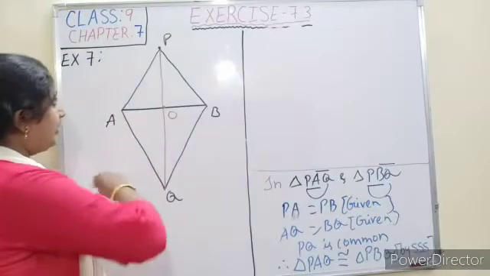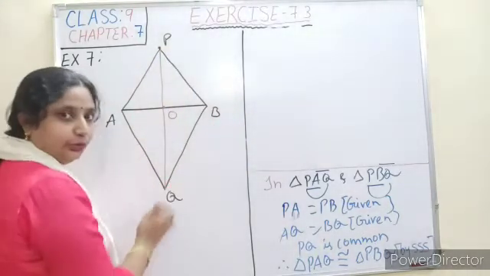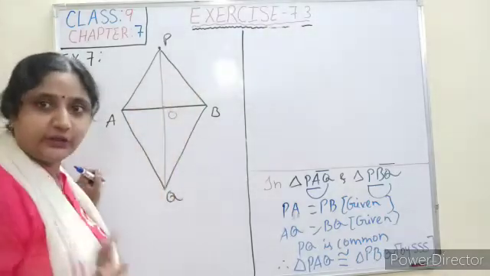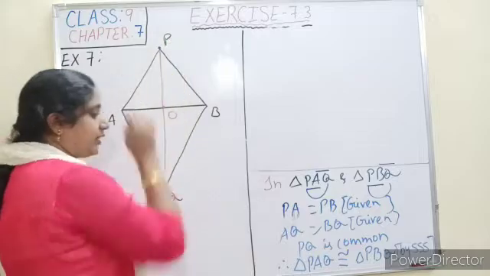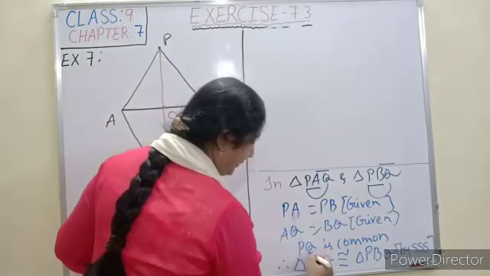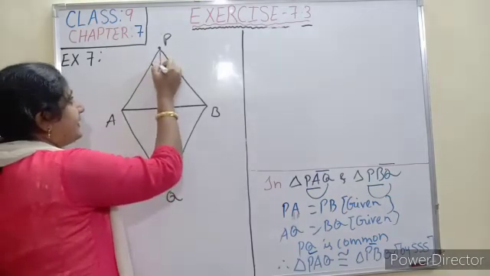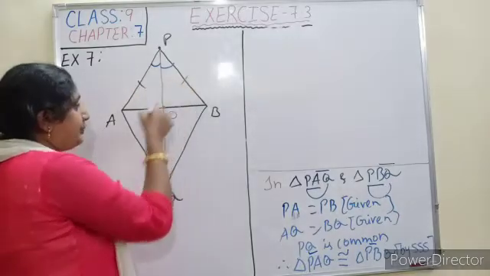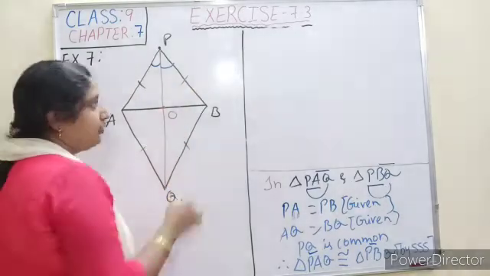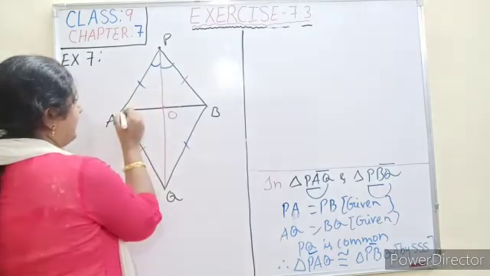Now triangle PAQ and triangle PBQ, these two triangles are congruent to each other. So in these two triangles, what is the common angle? P. Here P and here also P. That means this angle and this angle are the same. Already given PA equals PB, AQ equals BQ. Now we can tell